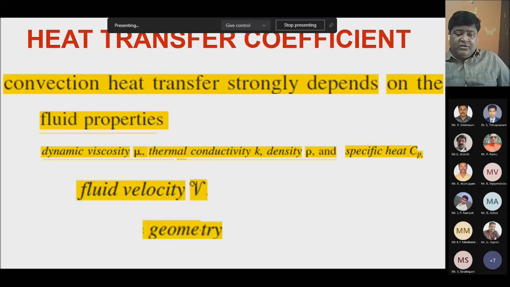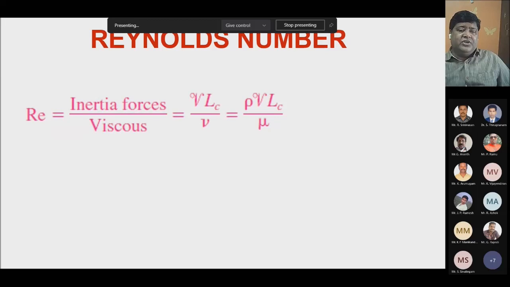Okay, fine. So Nusselt number, again we have a group. Once we group, we know that the Reynolds number is the inertia force by the viscous force, and we have rho u L by mu, where Lc is the characteristic length of the particular geometry. If it is a pipe, then you give it as d. If the fluid is flowing over a plate, we give it as L. If it is a pipeline, we call it D, where rho is the density of the fluid, V is the velocity of the fluid, and mu is the dynamic viscosity.